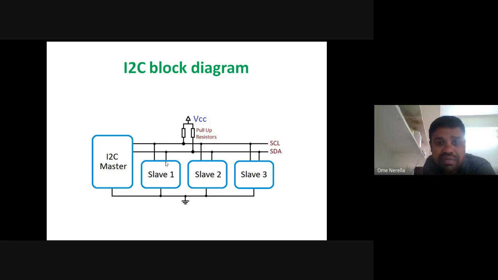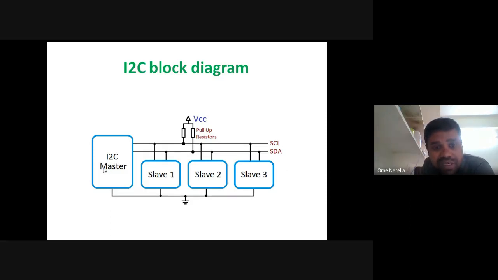Okay, in this case, it is a multi-master protocol. Why is it called multi-master? It means more than one device is acting as a master. Sometimes the microcontroller is the master. Sometimes a slave peripheral device also acts as a master. That's why it is called multi-master. So suppose this is a microcontroller. We connect 128 devices or 1024 devices, but at a time only one-way communication, either microcontroller to slave 1 or slave 1 to microcontroller.